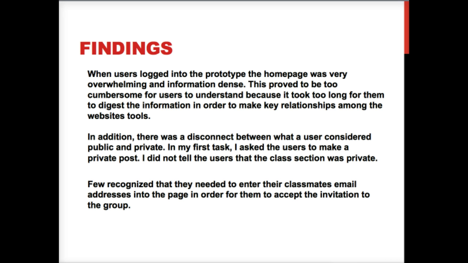In addition, there was a disconnect between the user and what was considered public and private. That was one of the major user requirements, that you can make public posts to anyone if you want, or you can make private groups. And there was no real distinction in the paper prototype of what was public and what was private. If a person went to class, they were expected to know what was private, but that wasn't explained to the user other than if they were to go to an about page and read about it.